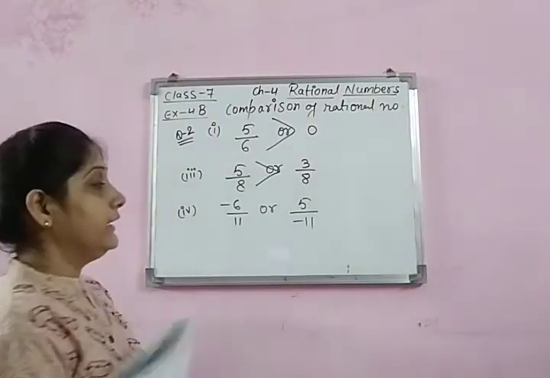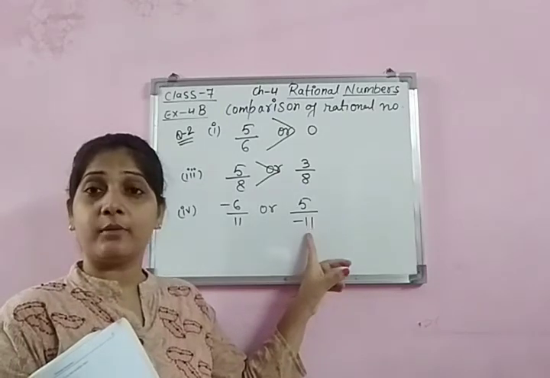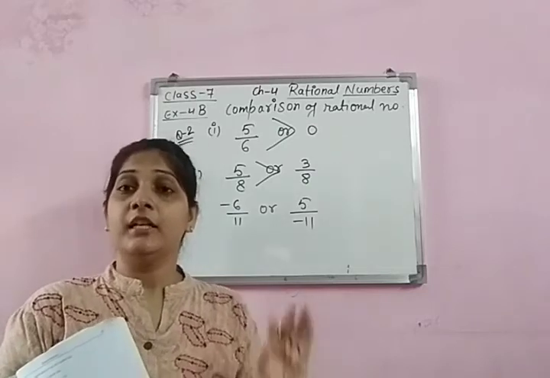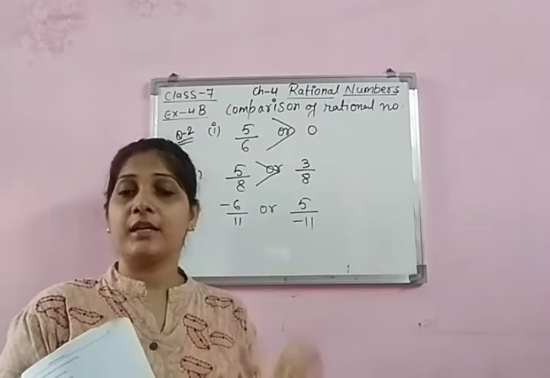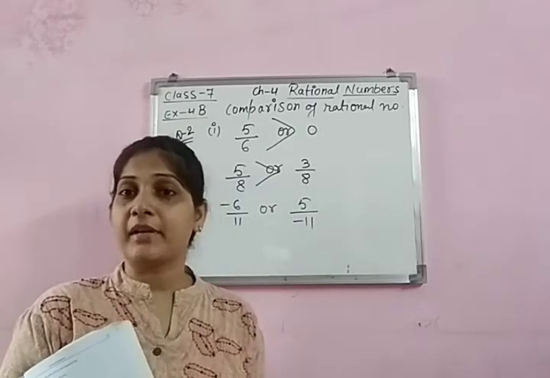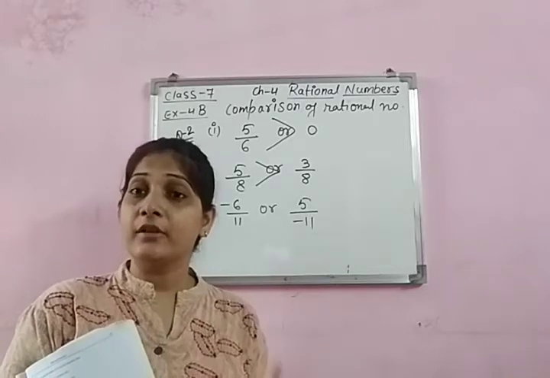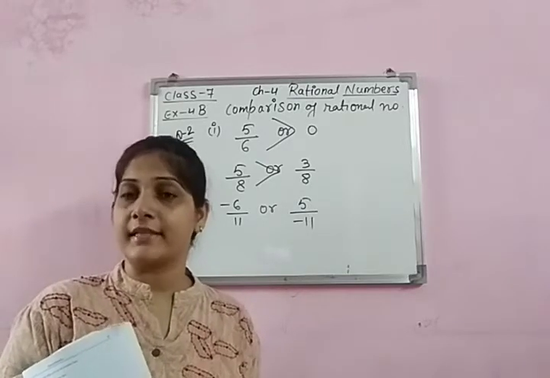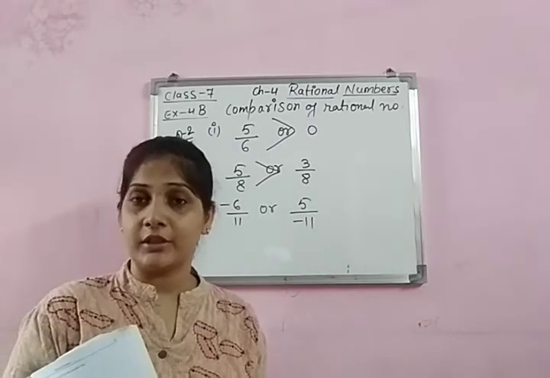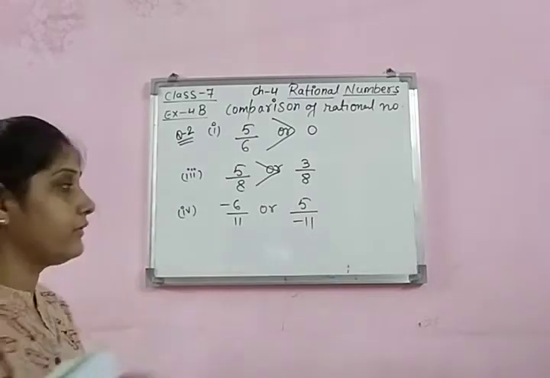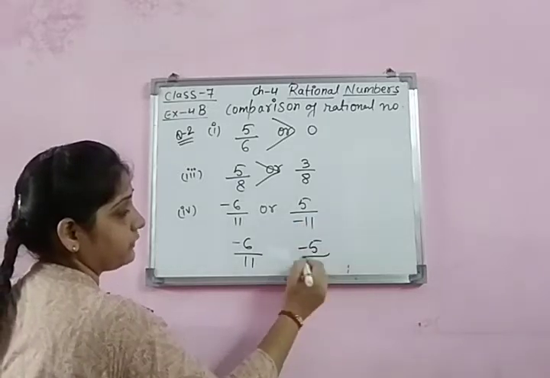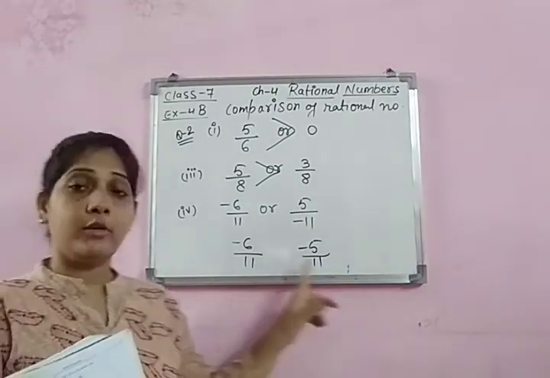Now this question. Here children, this denominator is negative. And remember one thing in rational numbers: when you are comparing rational numbers, you write them in standard form, and further when we do addition, subtraction, multiplication and division, the first thing is to make the denominator positive. Always remember this. So there will not be any mistake when you are solving the question. So let's make the denominator positive, and everyone knows how to do it. This minus will be shifted to the numerator. Now, the denominators are same.